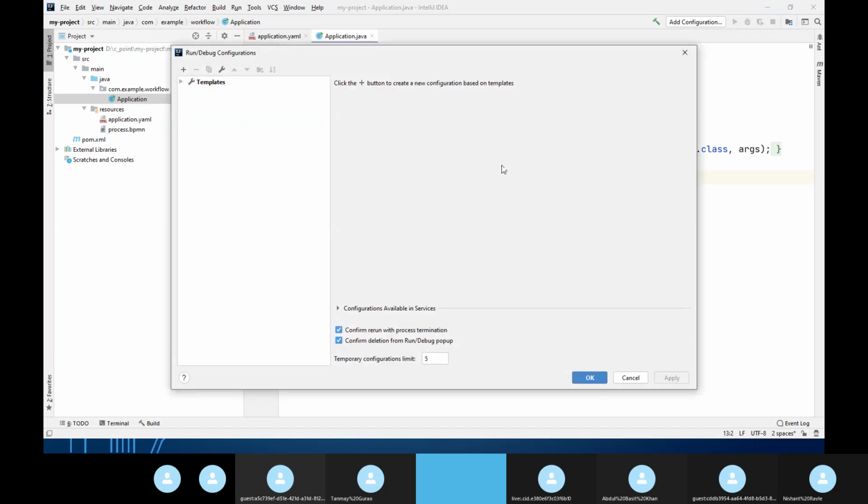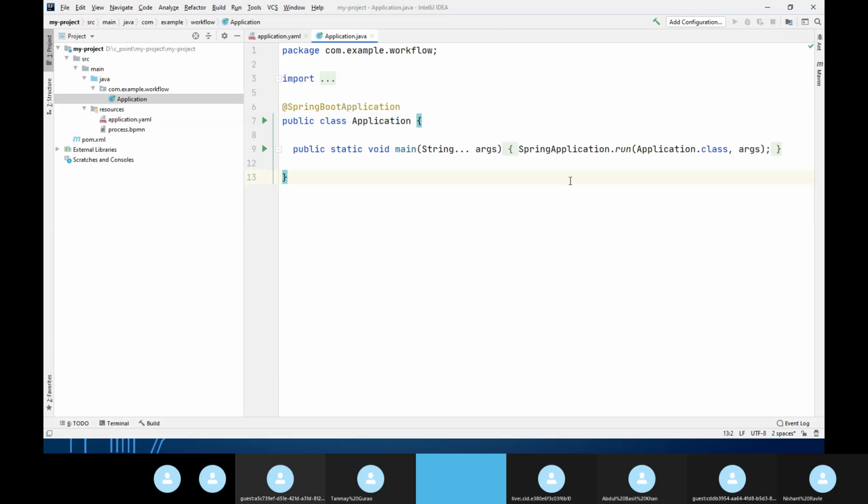Now let me open the application. We don't have anything to start here, and we can go to add configuration and do the stuff, but that is a lengthy process. Because it is the first time, we are not getting anything here, so I'll simply start from here. I don't want to debug, other options I can explain when the time comes, but for now we just want to run it. Okay, so I started it. We'll wait for a minute.